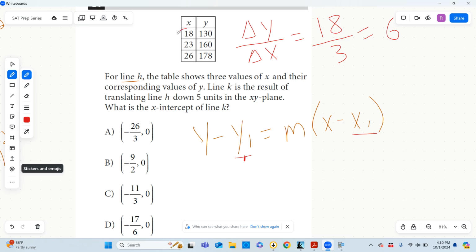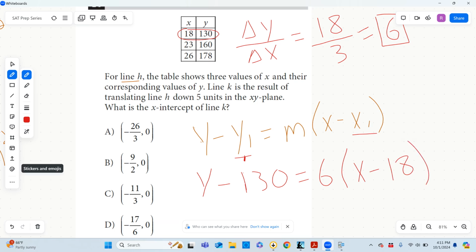So why don't we just use the very first point, and we'll use our slope. We know the slope, we calculated that, and we'll get ourselves an equation, right? So this equation could be y minus, well, y1. Well, the y coordinate in the coordinate pair I have circled is 130. So y minus 130 is equal to m. We know our slope is 6 times x minus x1. Well, our x coordinate is 18. So here in